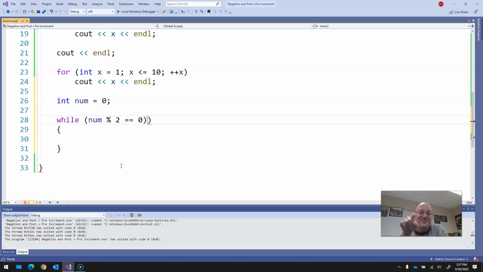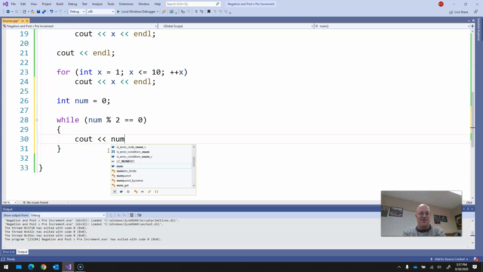0 is even. 0 divided by 2 is a remainder 0. So anyway, that statement currently is true because 0 is even. Right. So if I say num is even